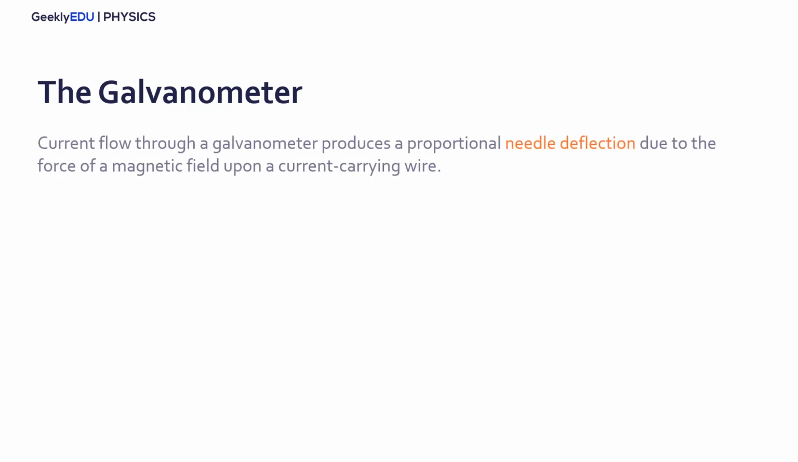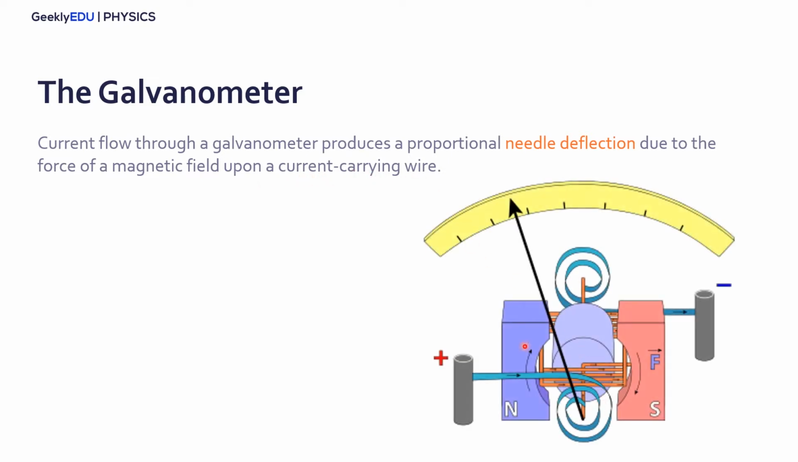So before we talk about ammeters and voltmeters, let's talk about the instrument that's behind those two, and that's the galvanometer. In a galvanometer, the current that flows there produces a needle deflection proportional to the force of a magnetic field upon a current-carrying wire. A galvanometer is an instrument that looks like this, okay? So we have this needle,